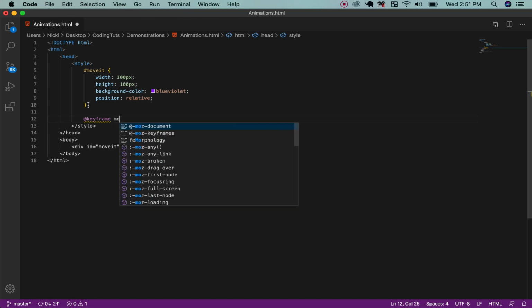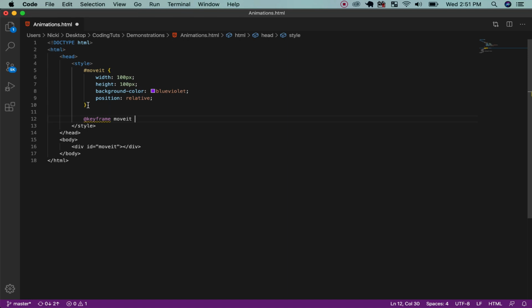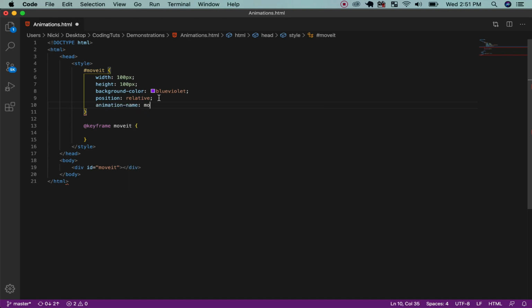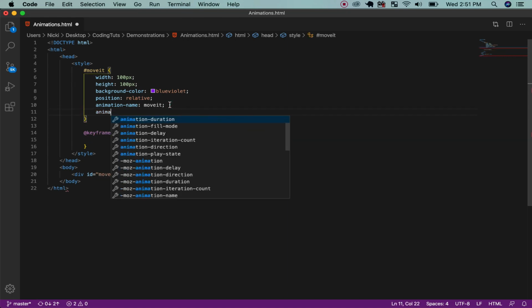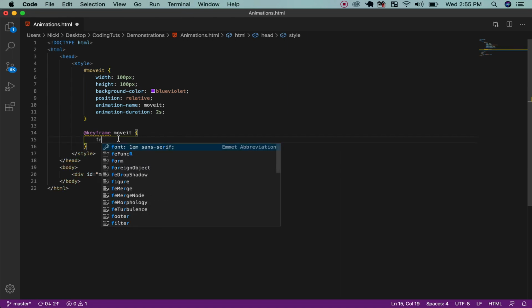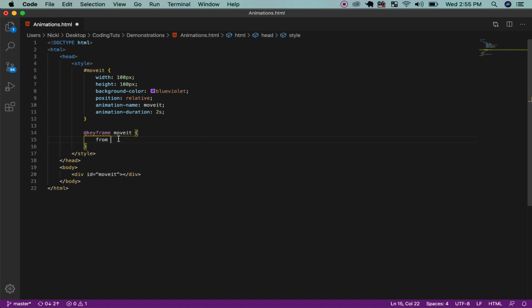And you're going to name your keyframe. I'll call it move it. It also has to be inside your div as well. And don't forget to put your duration on how long you want your animation to be. 2 seconds, I'll pick. Now from the starting position, the position will be left